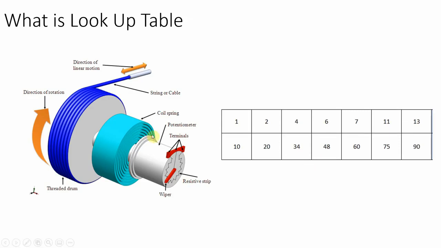So now we have two options: either we create equation from Simulink or we simply use this particular data to replicate potentiometer's behavior. So this particular table we will use as a lookup table. Lookup table is nothing but an array of data which will provide us an output whenever a particular input is provided.